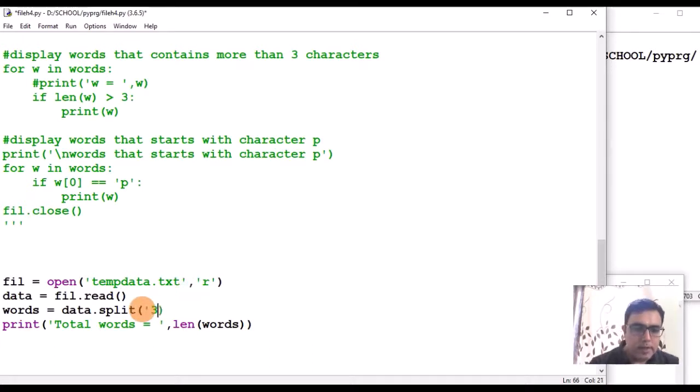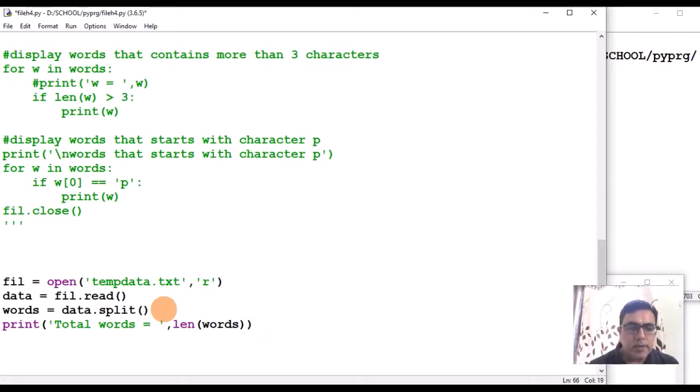Now here you see, I have given an argument to the split method. I want to split the data on character hash. If you don't give any argument in the split method, it will split the data on space. By default, split method will split the data on space.